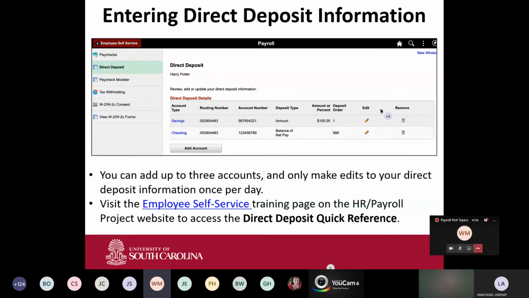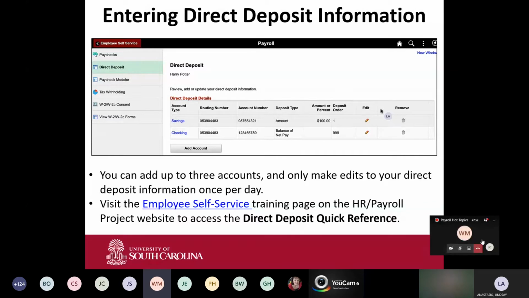Okay. So for the direct deposit process, there is what we call a direct deposit quick reference guide, and we're going to publish it on the payroll website. I think it's already out on the university's main webpage. It's called Direct Deposit Quick Reference, and we will make sure there is a link on the payroll location and within our webpage to get to this.